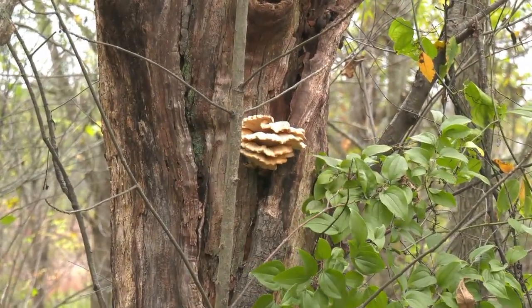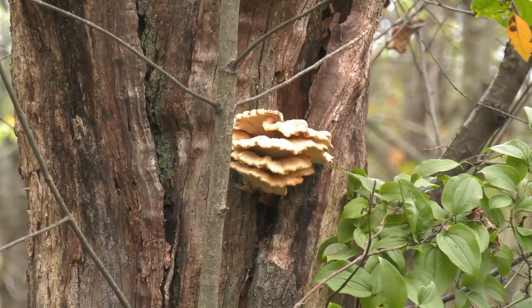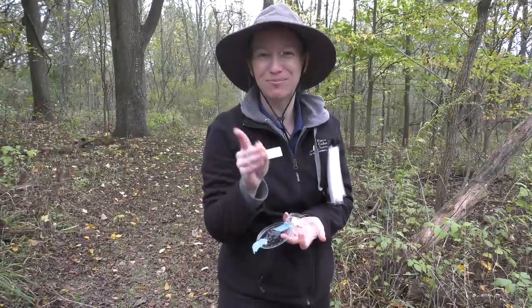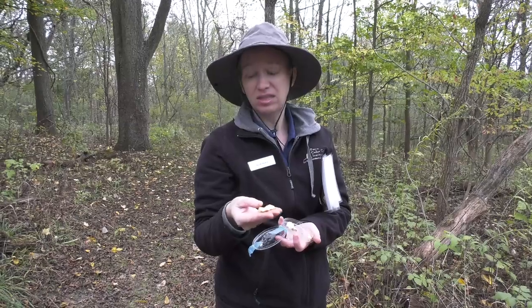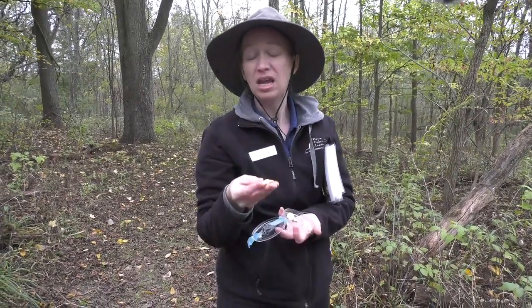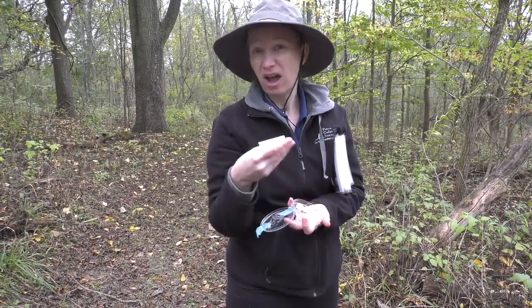But it's very spongy. It's actually a very good wild edible. I like it actually better than morels. Now, you didn't hear that because most people think morels is the best thing ever. But it's a very tasty one. However, if you're not used to wild foods, this is one that you might have some gastrointestinal problems. So this is one that you need to try just a little bit of and see how it reacts to